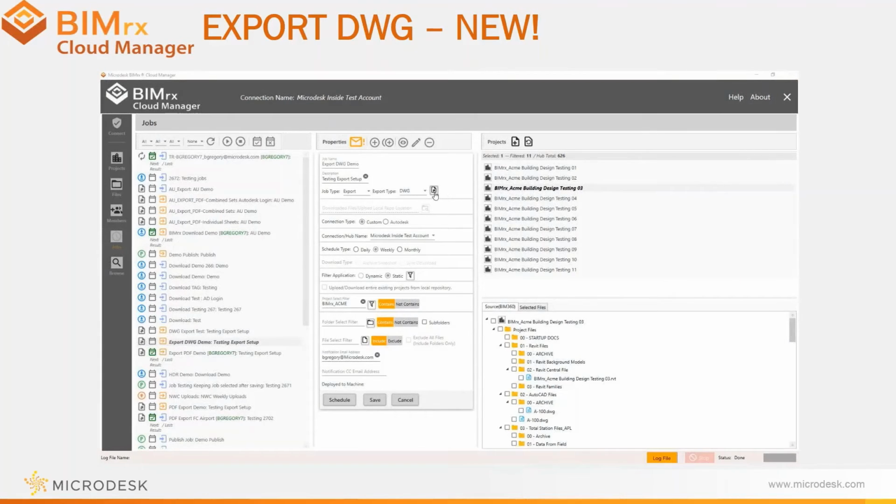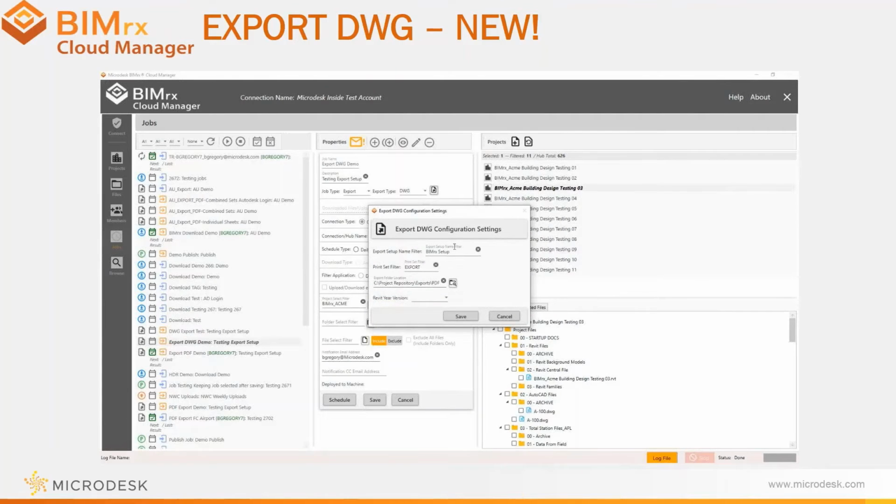Here I've created an Export DWG job. Let's look at the settings available when exporting Revit to DWG. We understand that each model might require different DWG export settings, so we've provided a contains filter that can be used to select different DWG export setups across multiple models with a common naming convention. Simply enter in the filter a common part of the setup name and the job will use the matching DWG setups. Next, there is control over which views and sheets are included in DWG export job by filtering the Revit